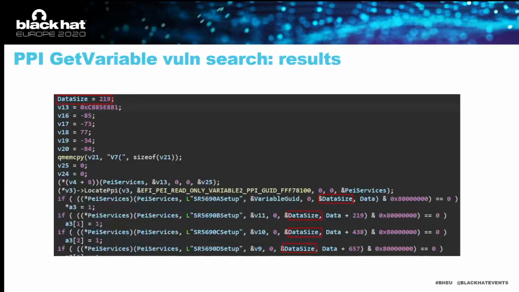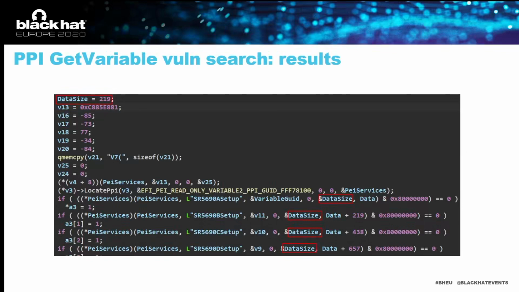But again, talking about the results, we were able to find a lot of security issues. They are in the process of disclosure, and this is one interesting example, quite illustrative. The data size is a variable allocated on the stack, and then it is implicitly updated after the first call, and nothing or no one